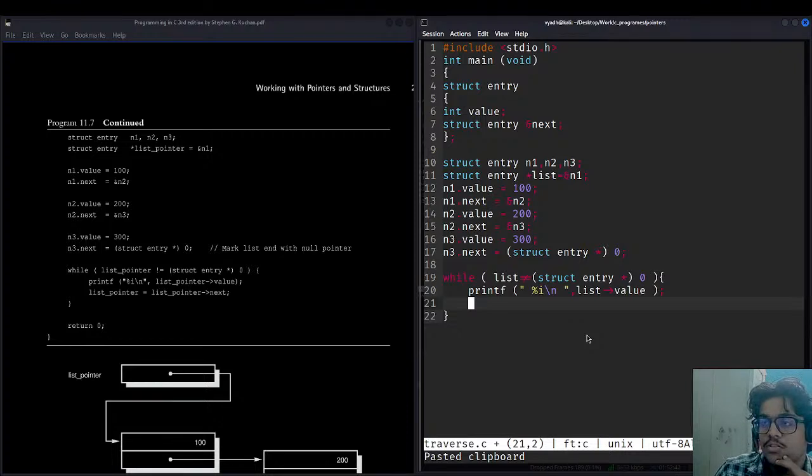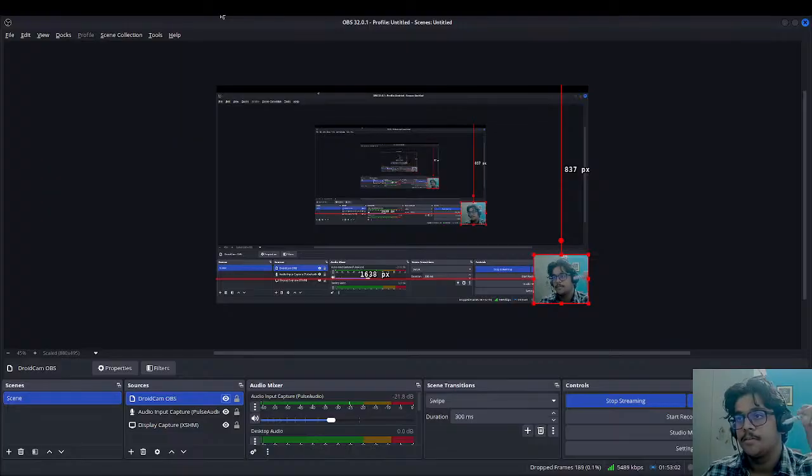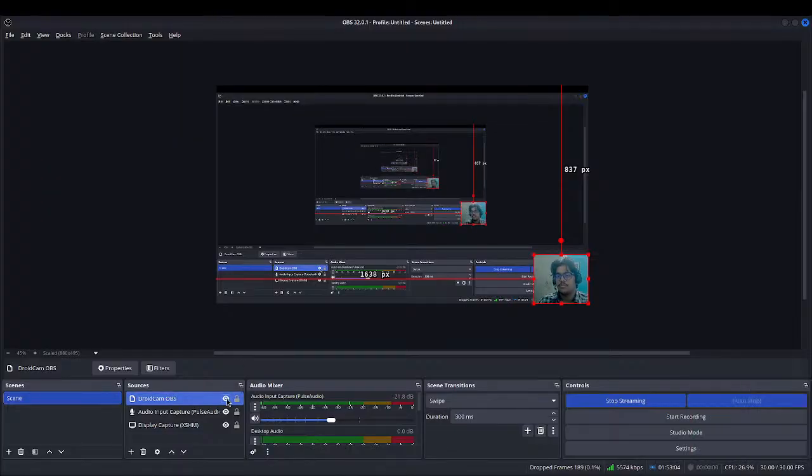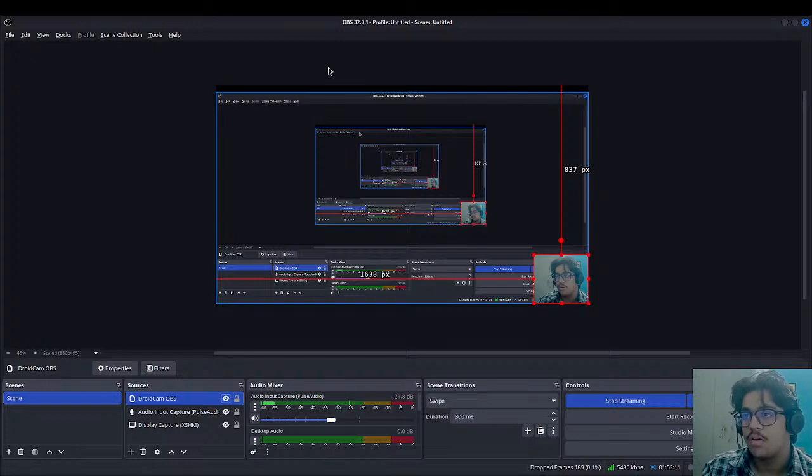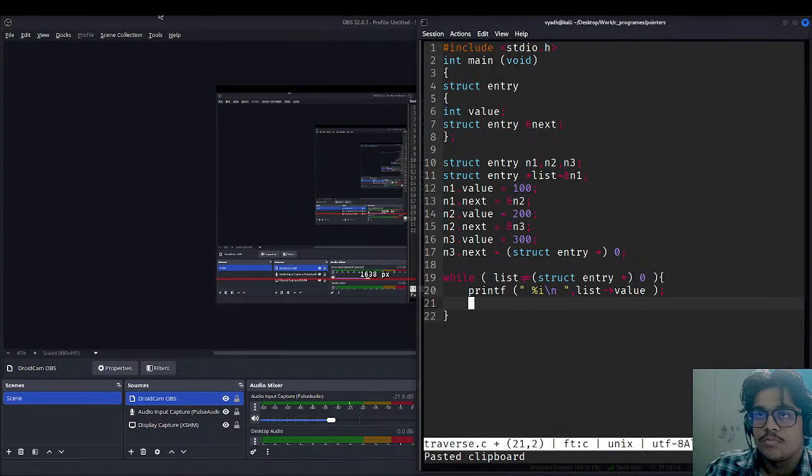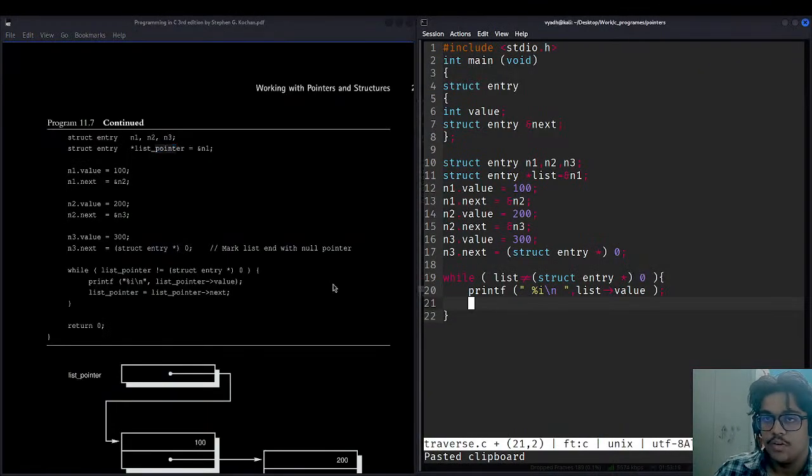So inside list we are accessing value. What value are we accessing exactly? List pointer. This list pointer is from here. So what we are doing, we want to print the value now.